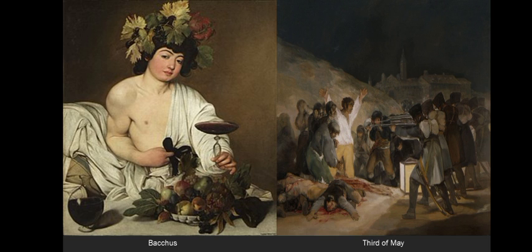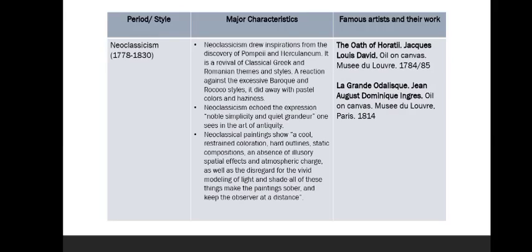Next is the 3rd of May, 1808. Francisco Goya, Oil on Canvas, Museo del Prado, Madrid, 1814. Next is the Neoclassicism, which took place during 1778 to 1830. The major characteristics of